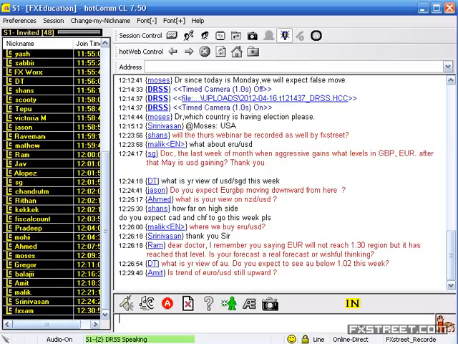So you have to differentiate the moves based on the time taken. Less than 30 minutes is a stop, 2 hours is an extended move, and beyond 2 hours it is an intentional move. Today is Monday, we will expect a false move. That is what they had done on the downside, and now we have to see whether they are recovering or not.